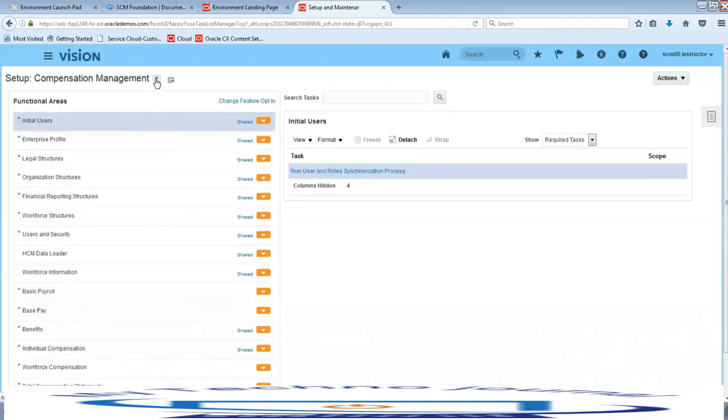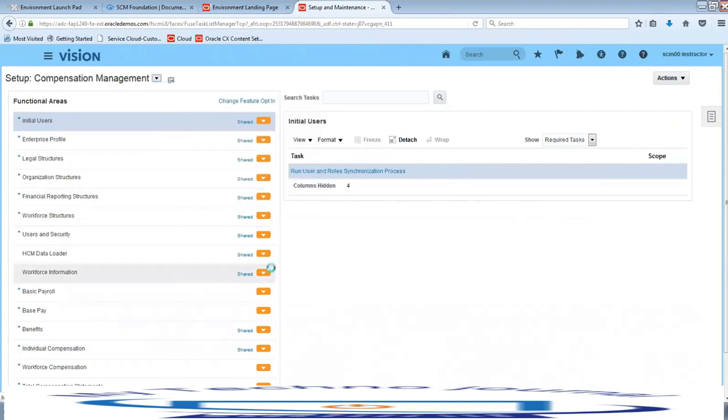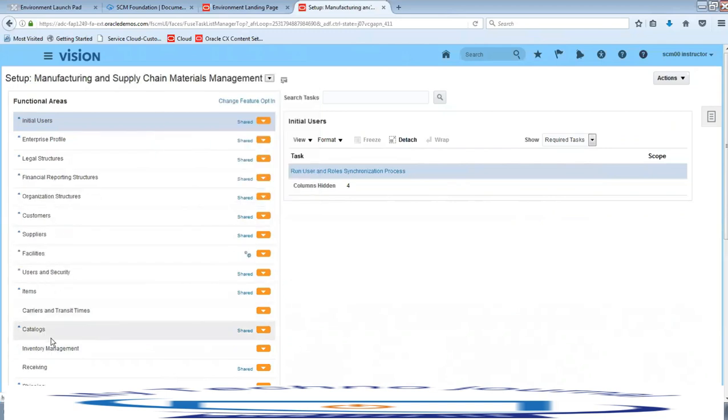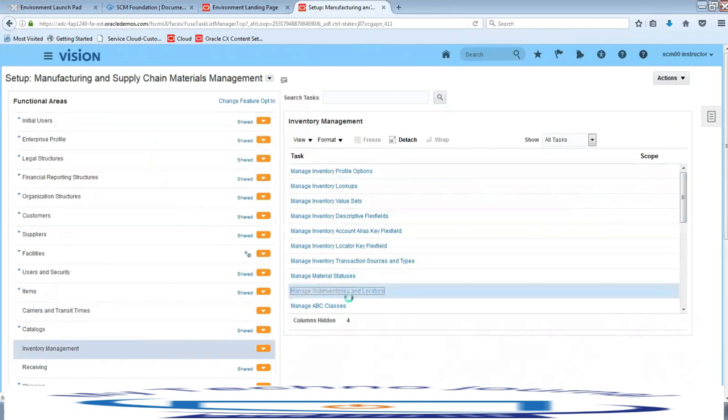Out of the various offerings, select manufacturing and supply chain materials management and select inventory management as the functional area, and you would be able to see manage sub-inventories and locators. So click on manage sub-inventories and locators,